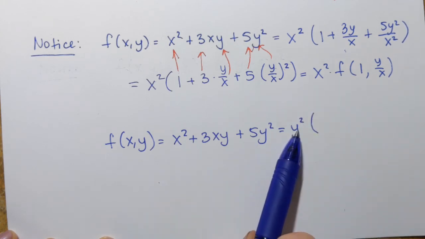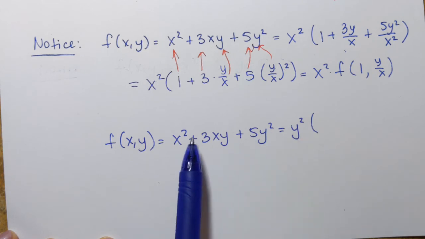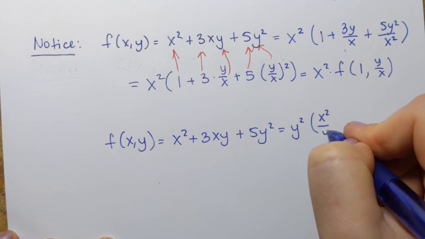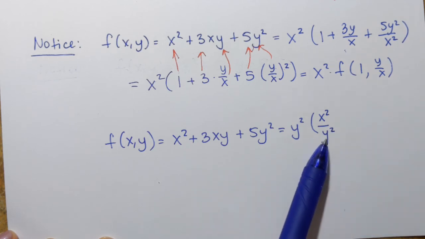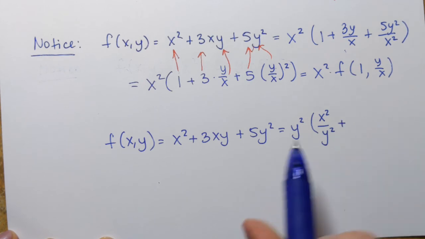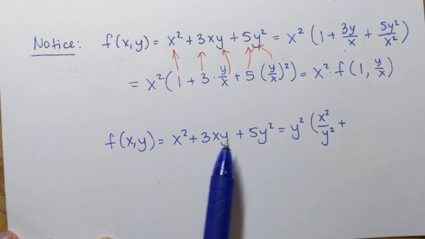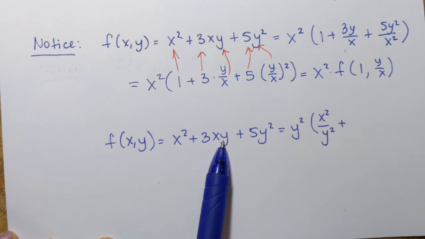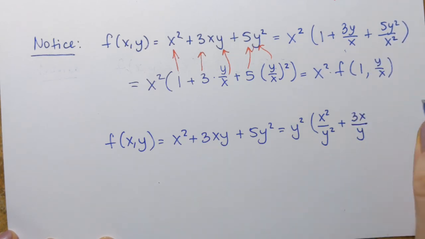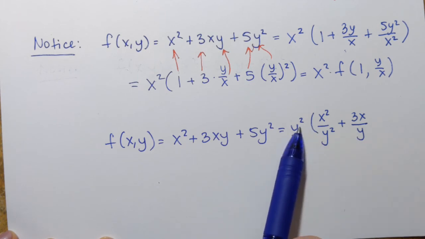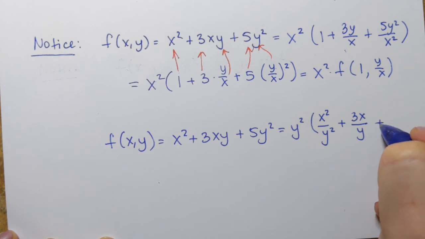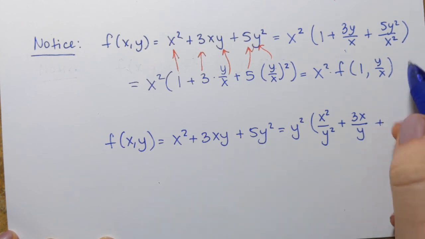Now, by what do I need to multiply y squared to get x squared? Well, it's definitely x squared has to be there, but I also have to put y squared in the denominator, right, so that they cancel each other out. Okay, plus, and then the second term will be what? Y squared times what gives me 3xy? It's going to be 3x, and then just y in the denominator, so it cancels one of those y's, and I'm left with 3xy. And the last one is easy, right? If I factor out y squared, I'm just left with 5